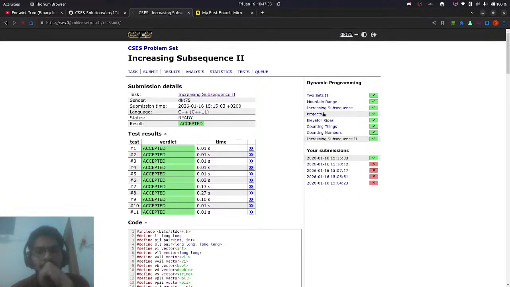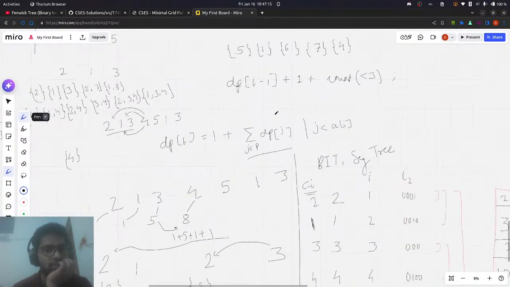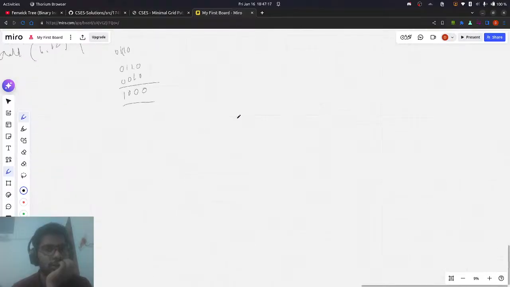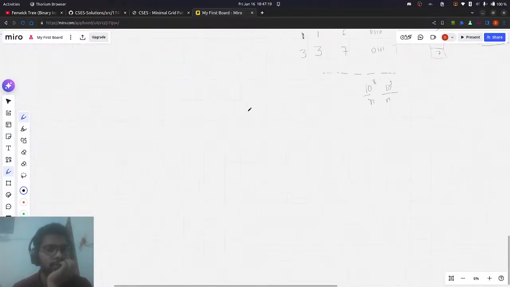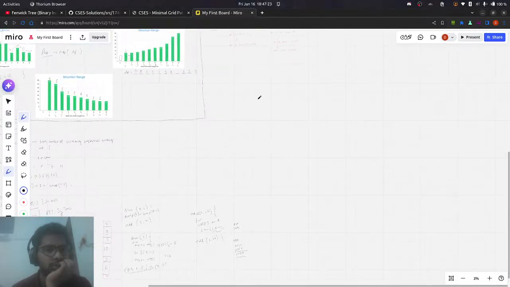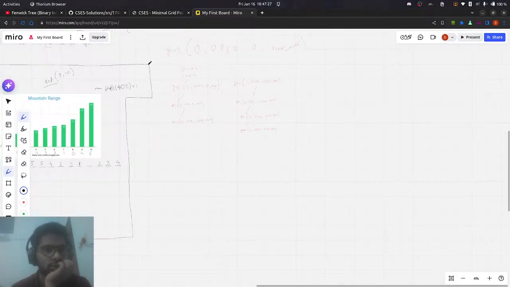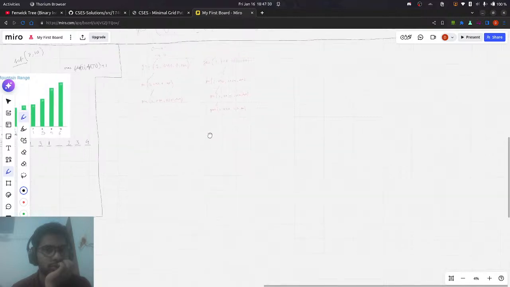Okay, now on to discussion. Minimal grid path. Okay, so the idea for this problem is that, main idea is that